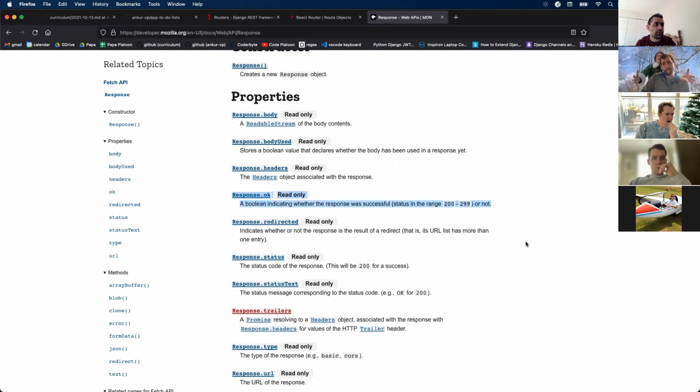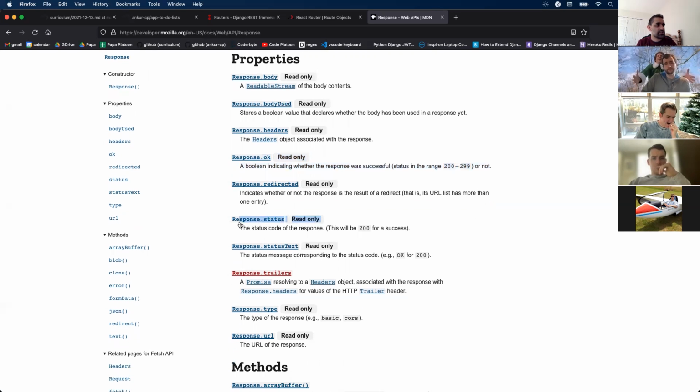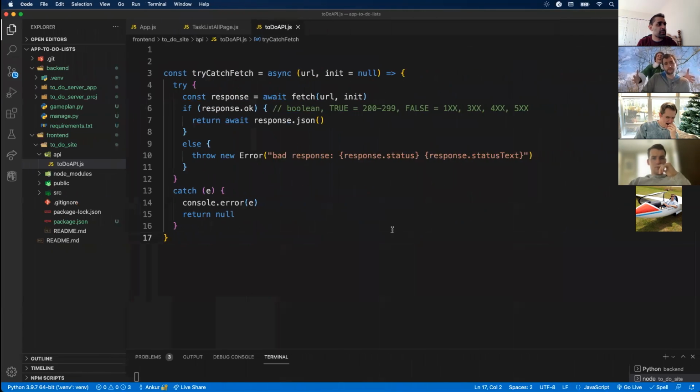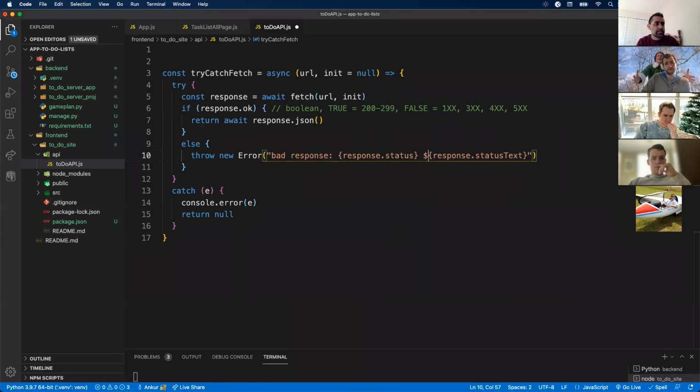That's exactly what we talked about. A Boolean indicating whether the response was successful, i.e. status in the range 200 to 299. We also have status. We also have status text. So again, that's where I'm getting these fields from. I'm not just making them up. They are documented and exist